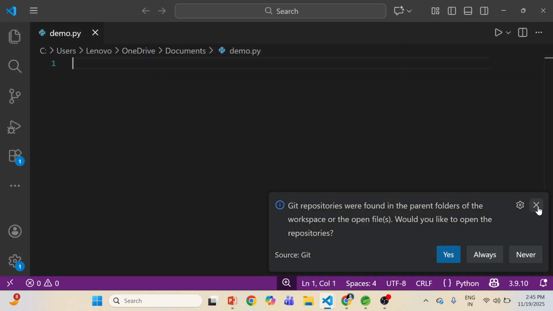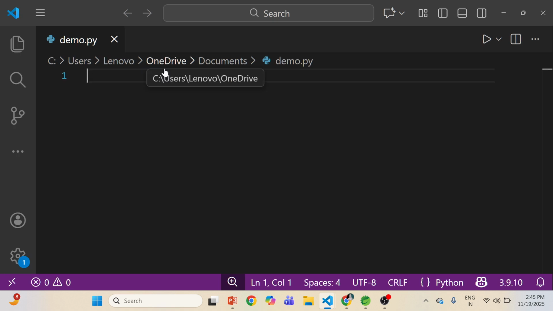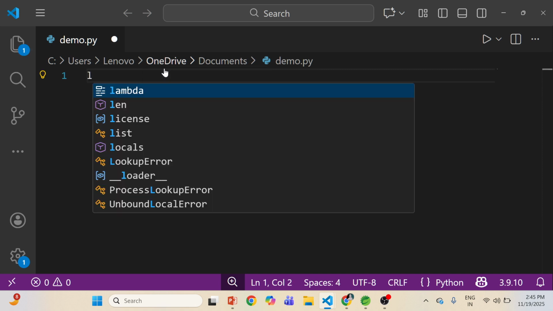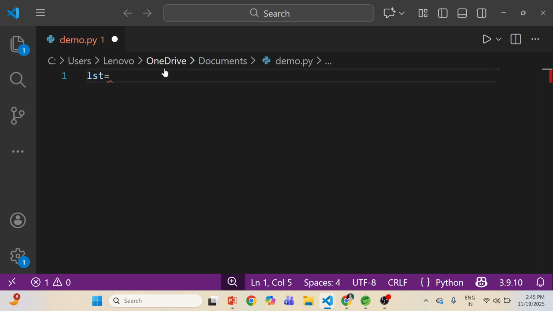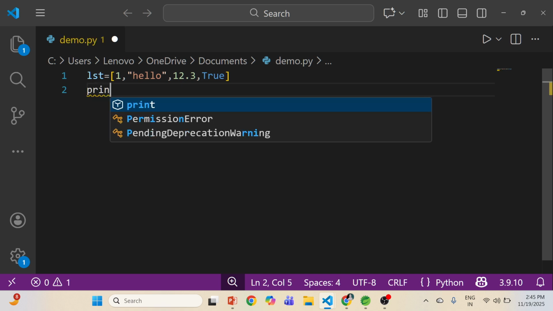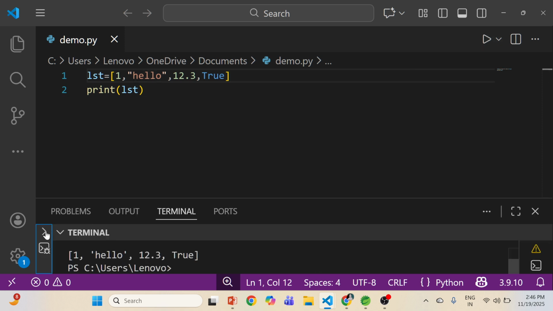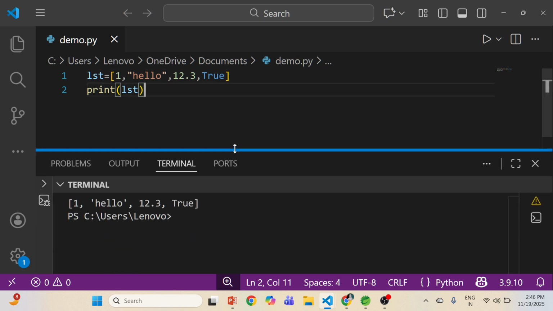Okay, so I have created one Python file. Now here let's understand how we create a list in Python. So first of all, I will give a variable name, like lst equals to, here I will use square bracket, and inside this I will give the elements. So I can give any type of value here, and then I'm going to print this list. So let's run this file. And you can see the list is printed.